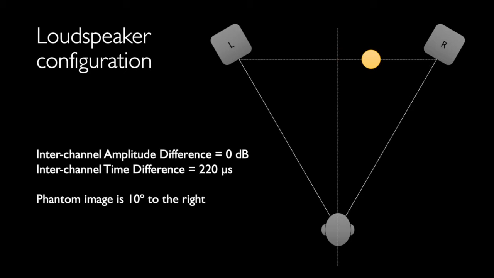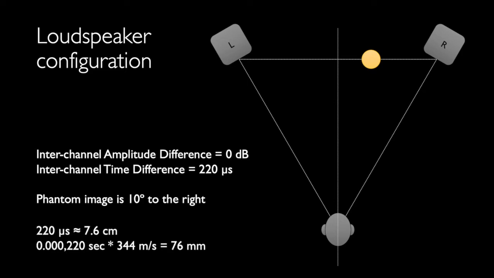So now I've delayed the left channel by 220 millionths of a second, or 220 microseconds. And you can probably hear that I've moved about 1/3 of the distance towards the right loudspeaker again. It might be a bit of a surprise to know that such a small change in time results in such an audible effect. What we're doing by delaying the left loudspeaker by 220 microseconds is the same as just moving